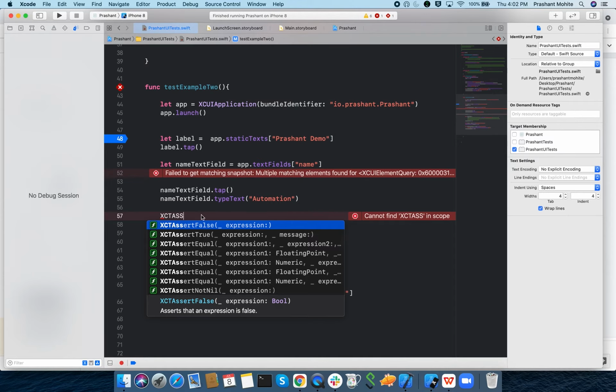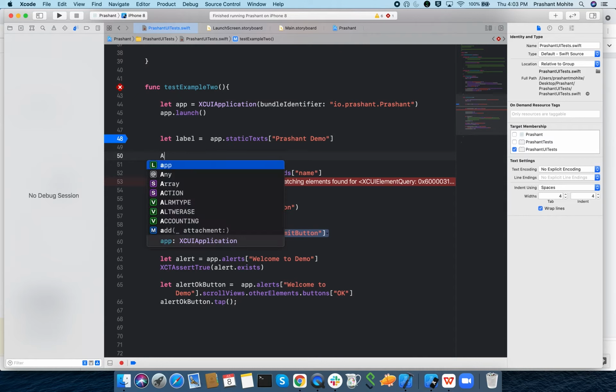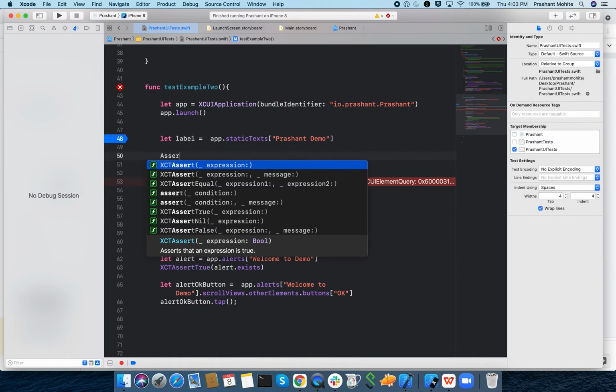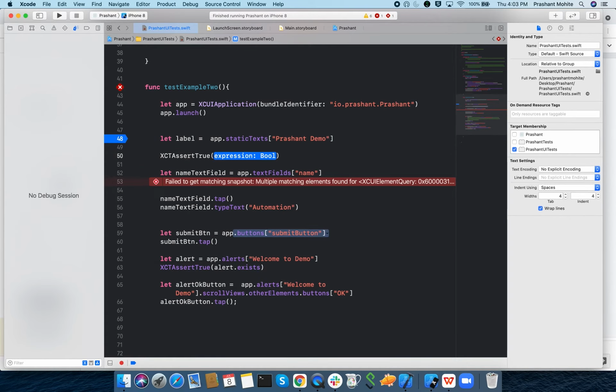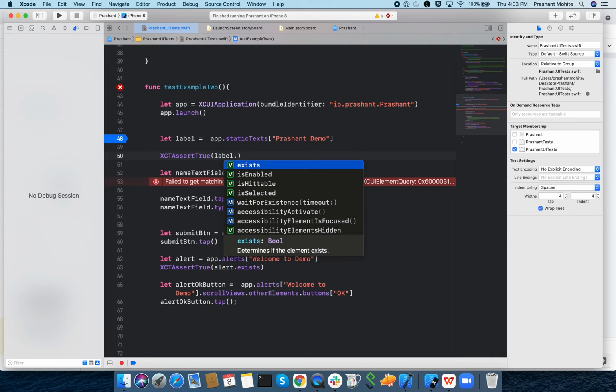Say, for example, let's check. Here I'm not tapping on the label, but I say assert. This is my assert true. What is true? I say the label exists. There are a lot of methods, like label is hittable, label exists.